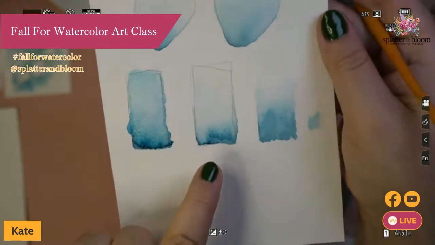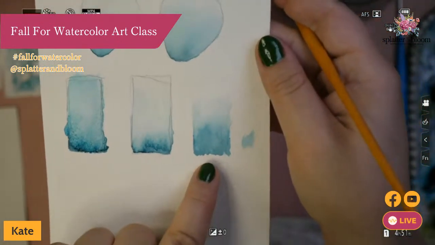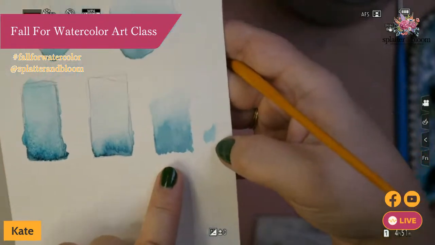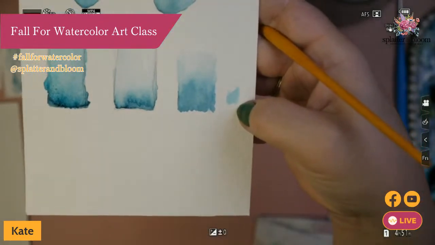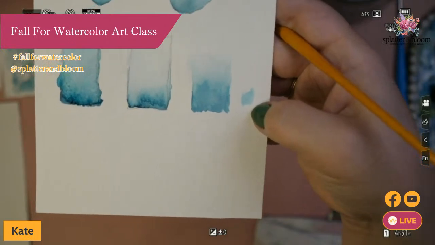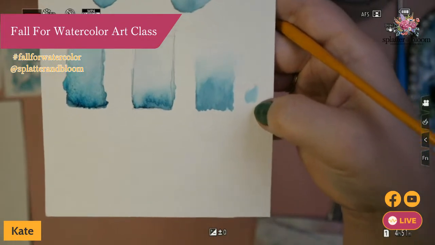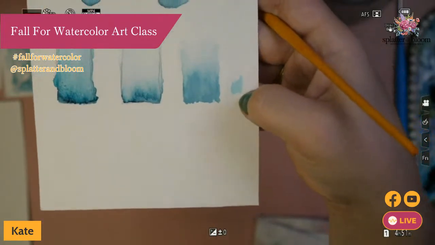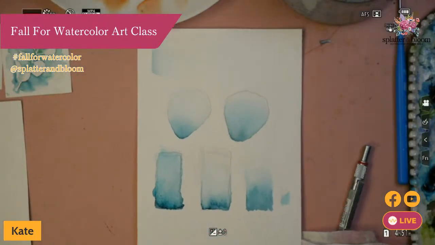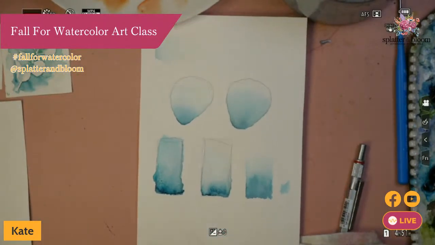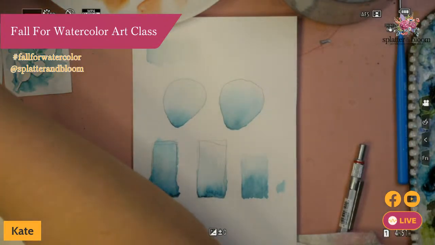I would say that this one is probably my favorite. And then for more specificity, I will use this. I find that this one doesn't leave enough of a watercolor whimsy. And so I don't tend to do that unless I'm doing some really intricate details, maybe like eyeballs if I'm doing a portrait. Okay. So that's where we are with that. And that is shading. Let me check my notes and make sure